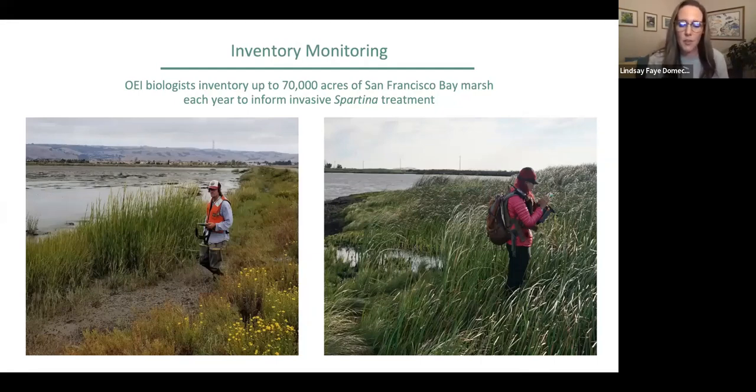It allows time to thoroughly inventory the marsh and identify hybrid Spartina. So it allows us to save as much native foliosa as possible, which is not an easy task all the time. As Toby indicated earlier, hybrid Spartina has many different phenotypic variations depending on marsh conditions, location in the bay, and other factors. We also get the opportunity, because we do this inventory, to do some pretty extensive genetic